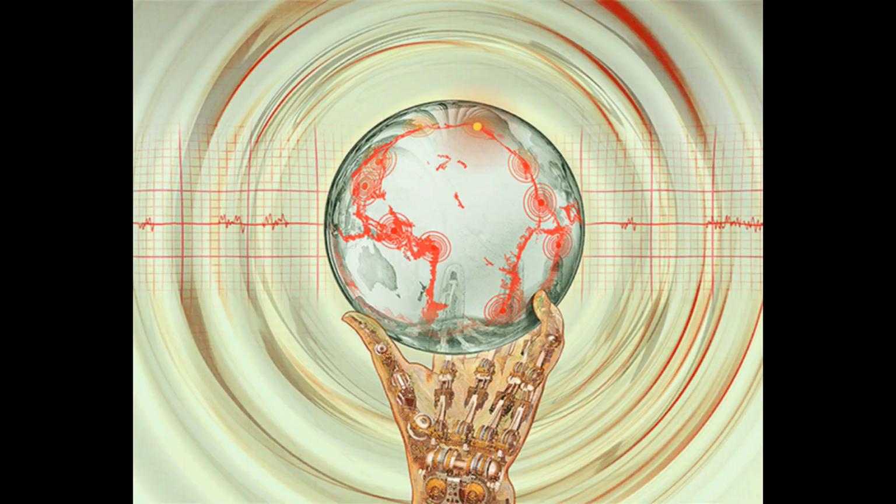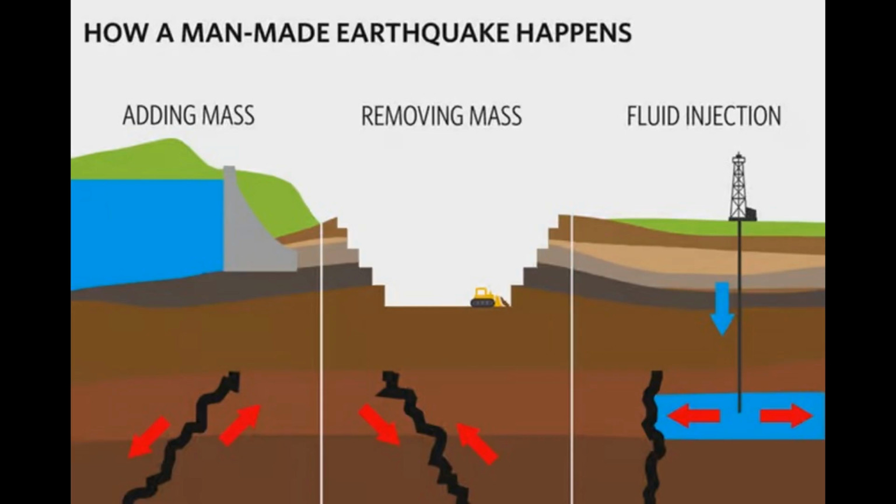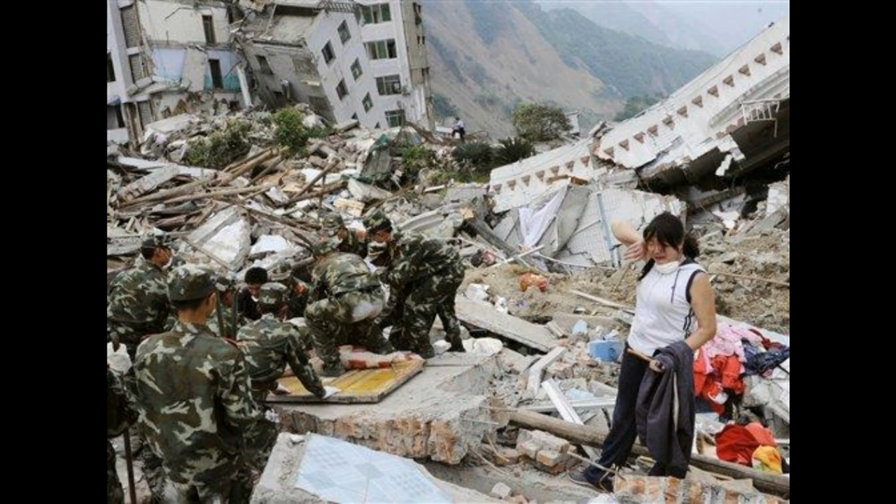Artificial earthquakes. The vast majority of earthquakes occur as a result of the movement of the Earth's tectonic plates. In addition, people can also cause earthquakes. Humans can cause artificial earthquakes when building large dams and bridges, drilling into the ground, digging coal mines, or drilling oil wells. One of the best-known examples of this is the artificial earthquake that occurred as a result of the collapse of the Zipingpu Dam in Sichuan, China in 2008, causing